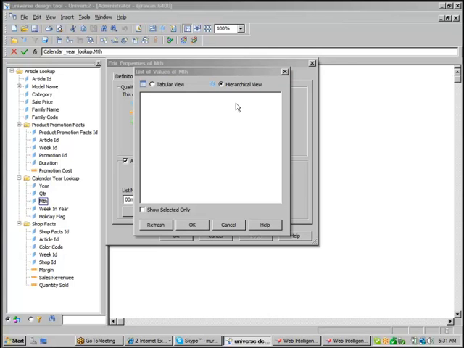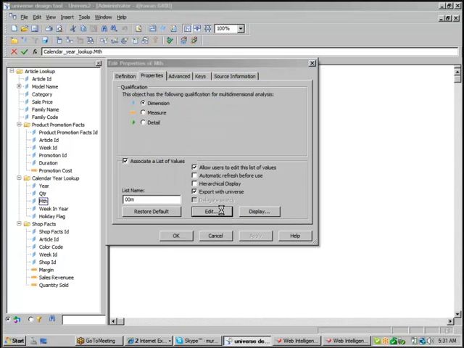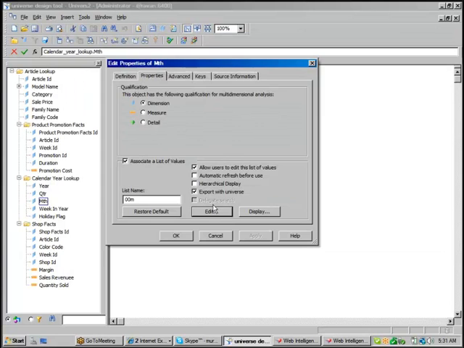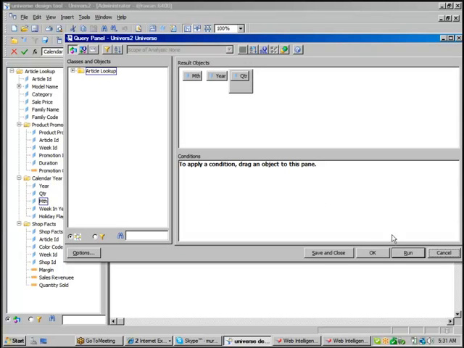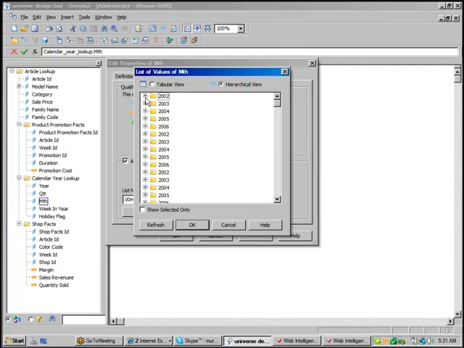This time you just need to save and close. Then refresh. This time you can see the data like this. Quarter 1 2002, month 1. If you want to change the order of this, save and close. This time they can see the list like, see, 2002, quarter 1, month 1, 2003, quarter 1, month 1, 2004, quarter 1, month 1. They can easily understand, oh, if I submit month 1, I'll get 5 months.